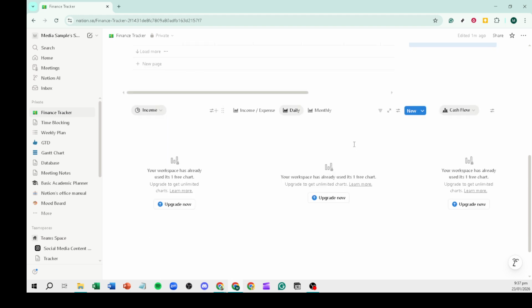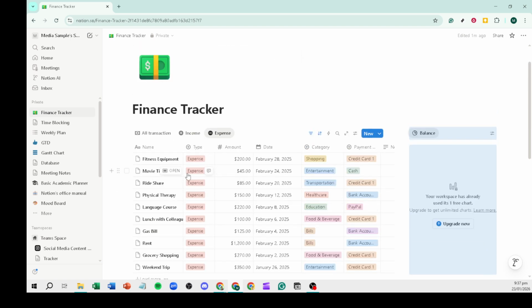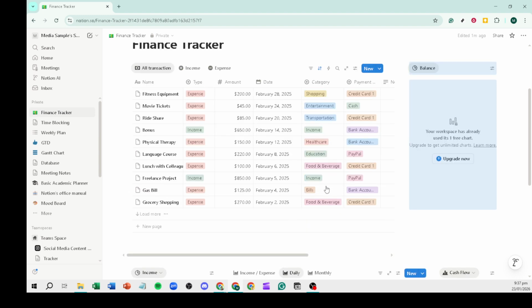That's it. You now have a clean, lightweight finance tracker in Notion. Keep your categories simple, review your percentages regularly, and update the paycheck value when your income changes. Over time, this setup gives you a clear picture of where your money goes and helps you stay in control